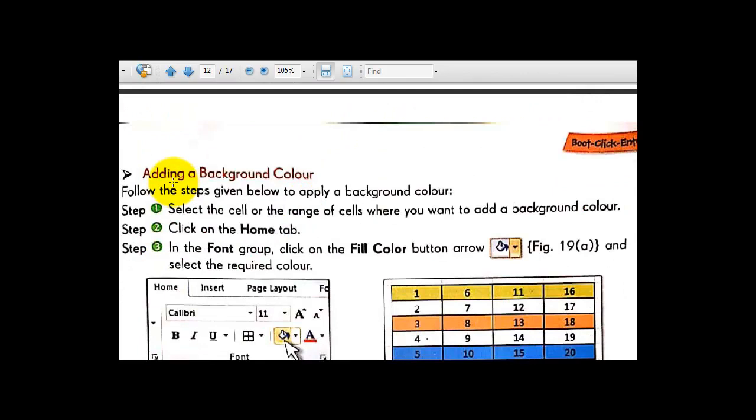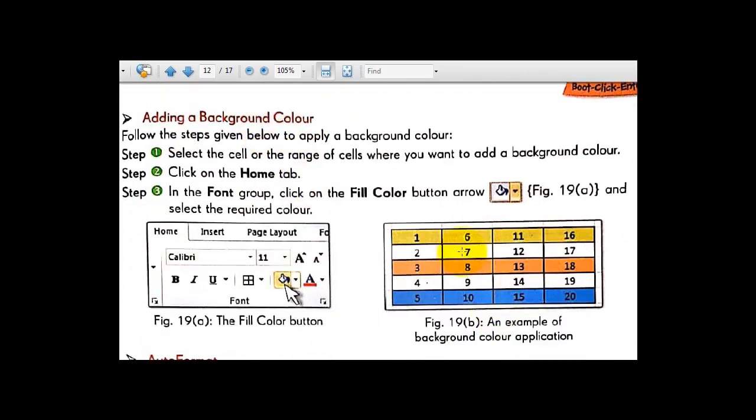Now adding a background. As you can see here you can add colorful colors. Okay, many colors according to your desire. Okay, which color you want you can add on a background color. Now select the cell or the range of cell. First of all we have to select the cell or the range of cell which you want to add background color.